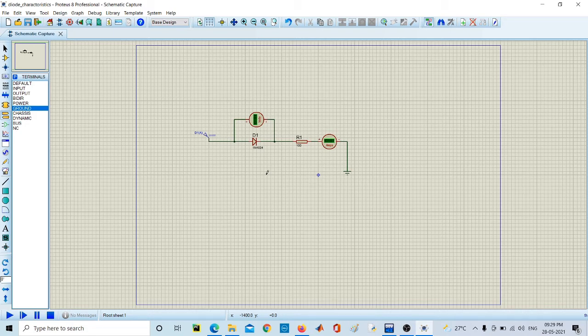The DC power supply is connected to the diode, and the resistor is connected in series with the diode, and we are going to measure the voltage across the diode and the current through the diode. For running this circuit, simply click on this icon and it will run.